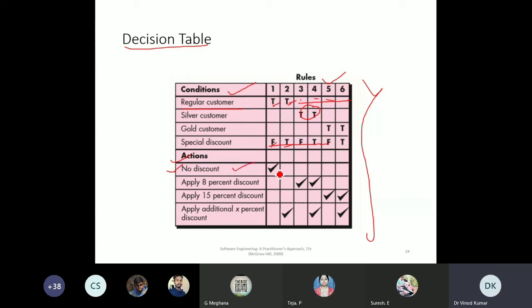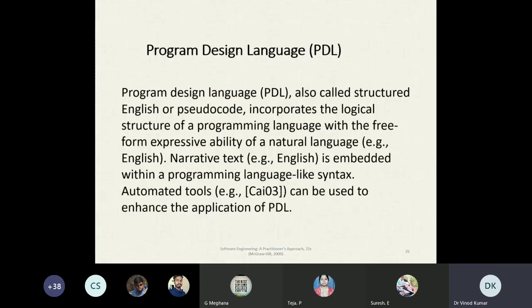So no discount for this person, apply 8% discount for these two customers, and apply 15% discount if these conditions are satisfied. So basically it helps to make decisions and to convert the logic into programs.